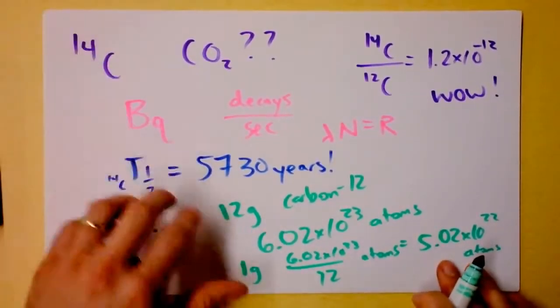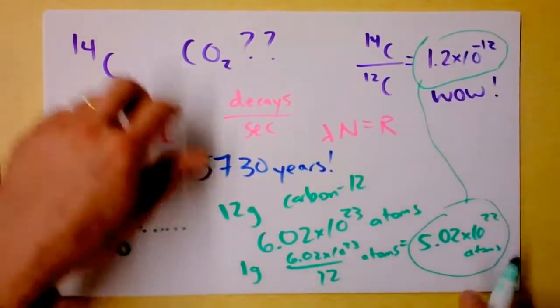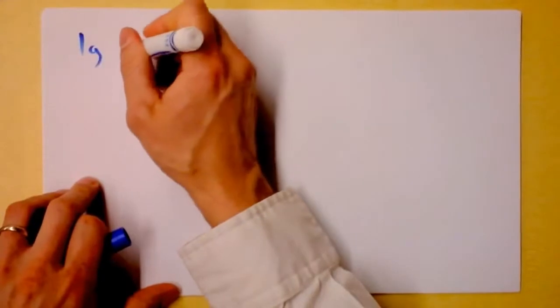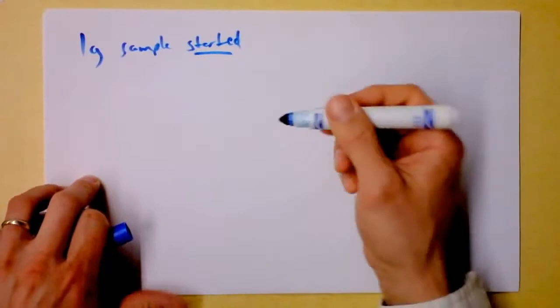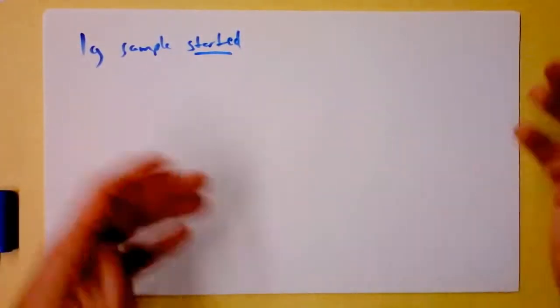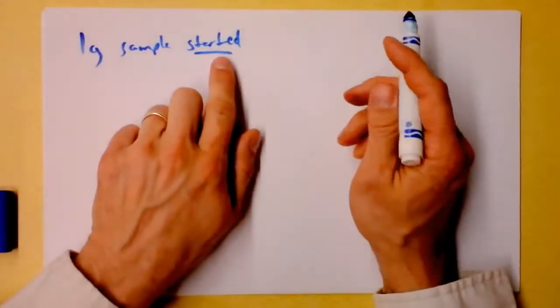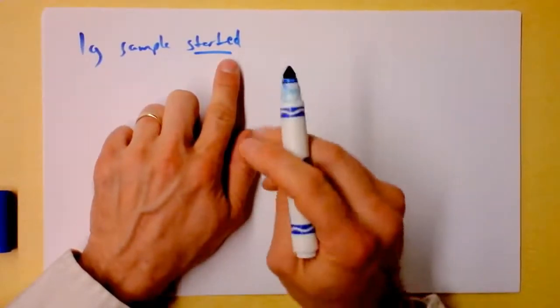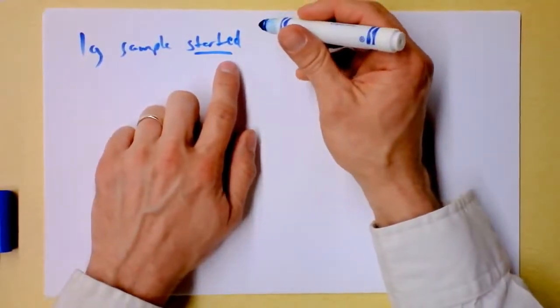If you've got that much carbon-12, you know that you've got, multiplied by this much, carbon-14. So we'll multiply those two numbers and find out how much carbon-14 we have. The 1 gram sample started with this much, which is very important, because it's not going to have it afterwards: once the plant dies, it's not exchanging carbon-14 and carbon-12 in its respiration cycle. Do plants respirate? I don't even know. Ask a biologist. The 1 gram pottery shard started with exactly how many atoms of carbon-14?